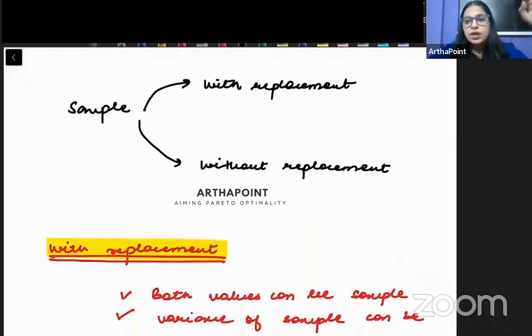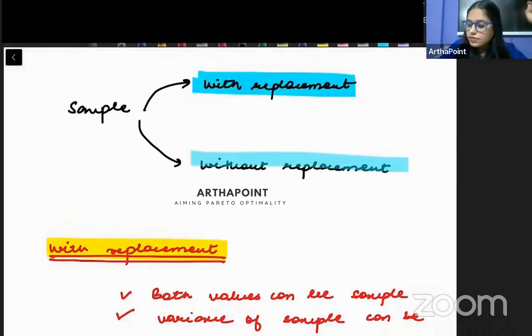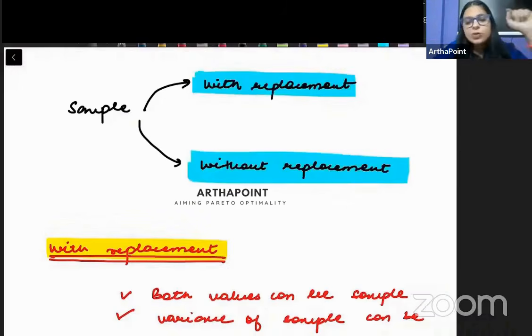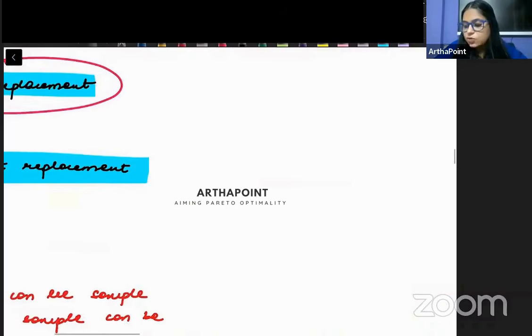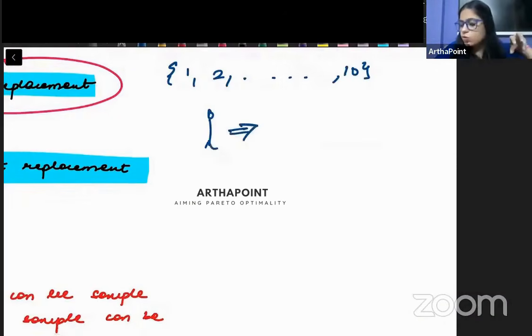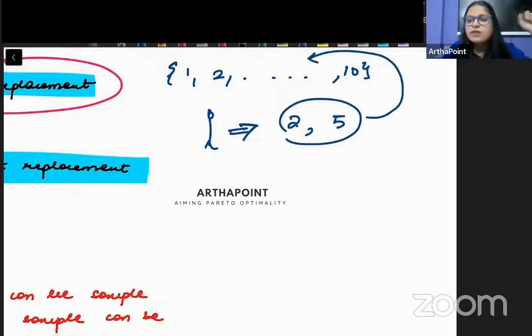Okay. Now, the question is how do we go ahead and create a sample? एक sample को हम कैसे create कर सकते हैं? So we can create a sample either with replacement or without replacement. बेटा try to understand. With replacement का मतलब ये हो गया कि suppose I tell you that there is a population from 1 to 10, और मैंने student 1 को बोला कि कोई भी दो नंबर निकालो, and he plugs the numbers 2 and 7 या 2 and 5, तो ये दो numbers को या ये दो chits को मैंने इसके अंदर वापस डाल दिया.